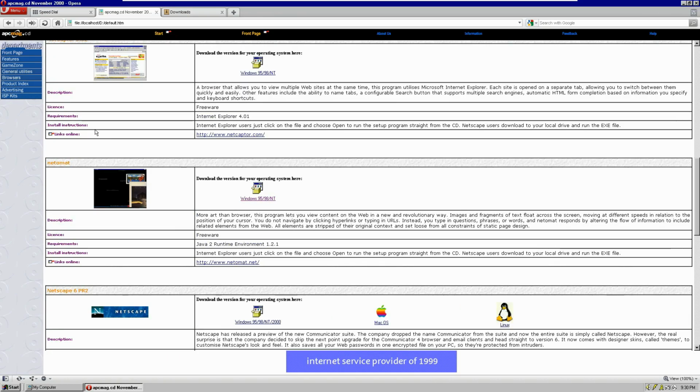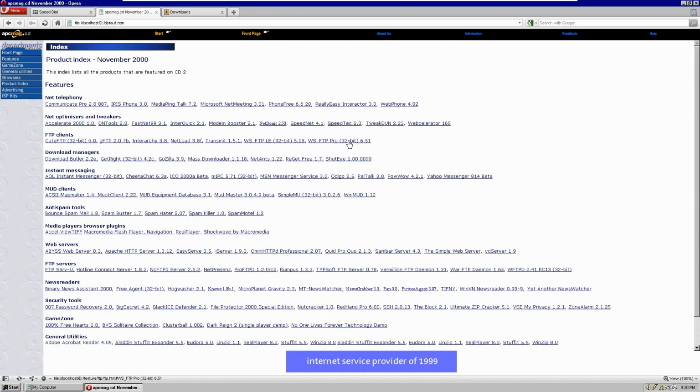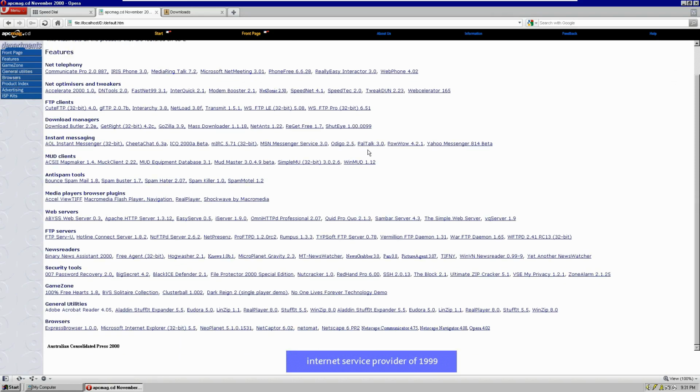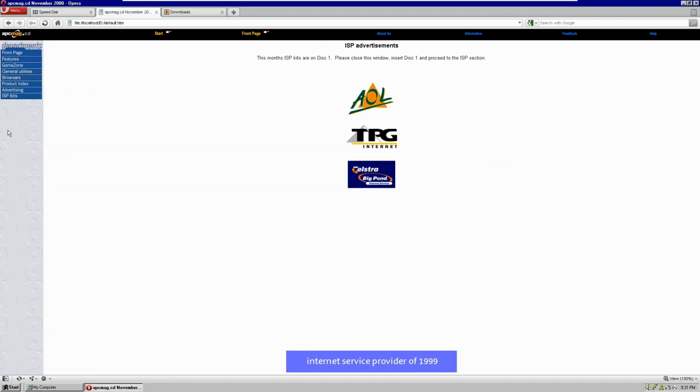All right, jumping to the product index now, we are looking at a large breakdown of everything we've already seen. And these ISP kits are the same as disk one. It actually doesn't even let you click on them here, but it's just like a, hey, these are on disk one.